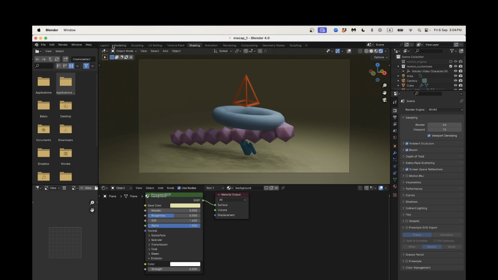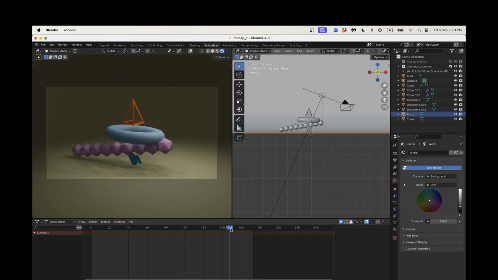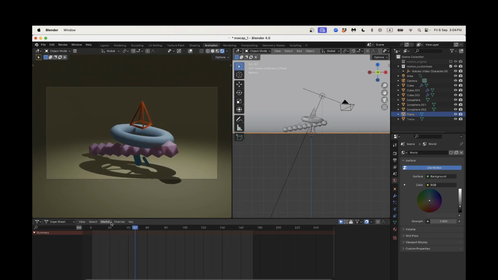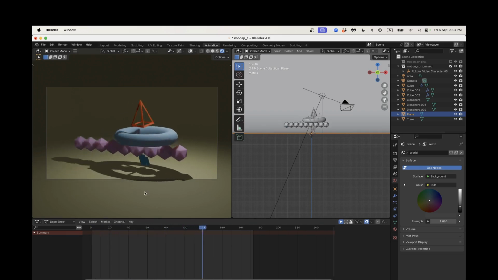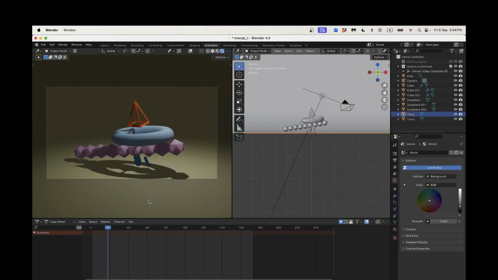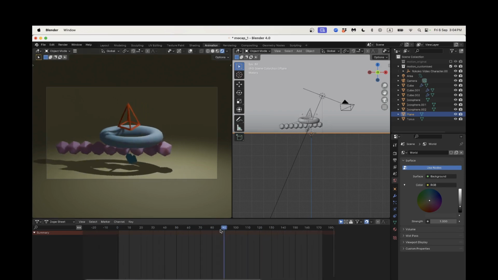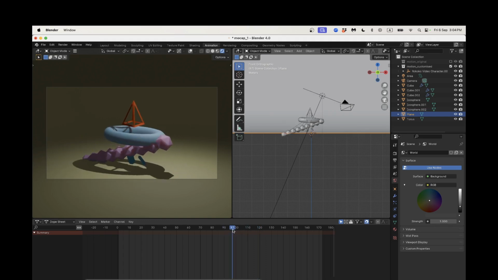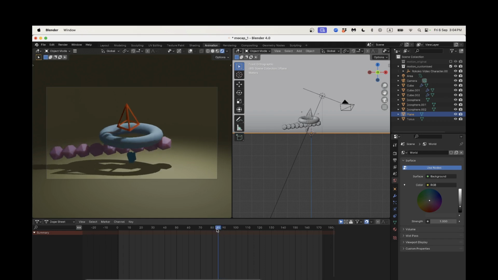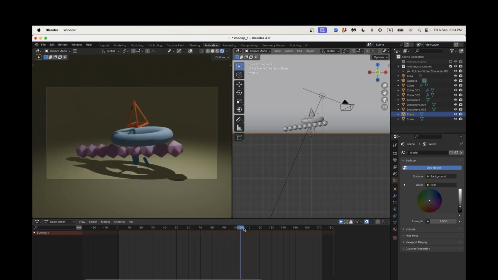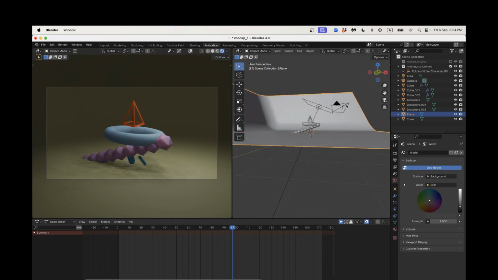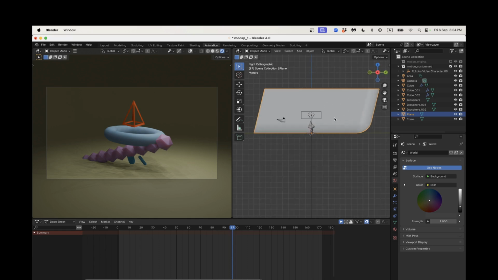So if we go back to our animation, so we're looking through the camera, and I scrub through it, this is what our animation's doing now. One thing that's kind of not ideal is that, well, we've made a very abstract animation here, but see how that goes through the floor? That's what's called clipping. And I wonder if we should just do some really simple little tricks to avoid that. Let's do it. What I'm going to do, with my background object selected, this thing here, I'm going to move it down,